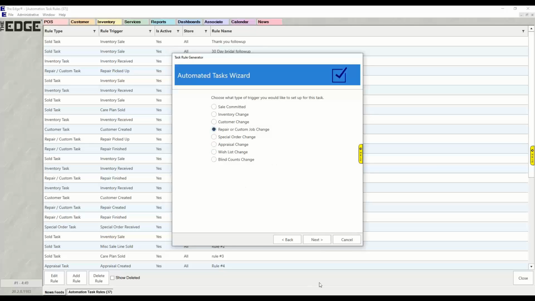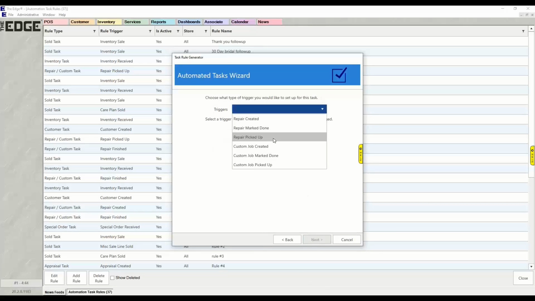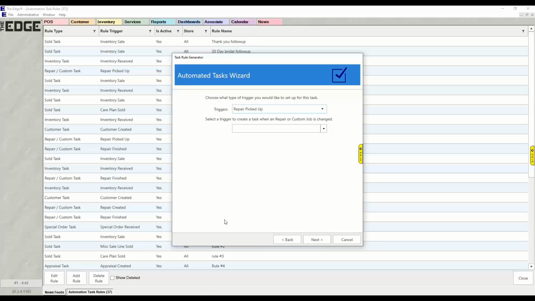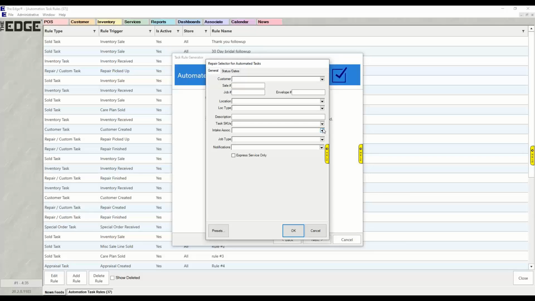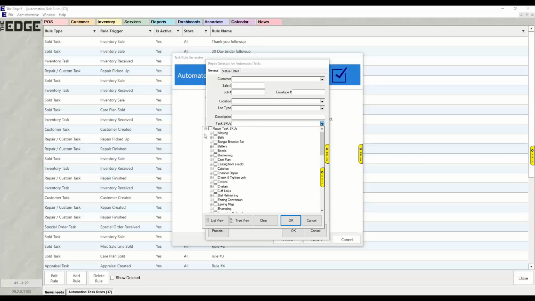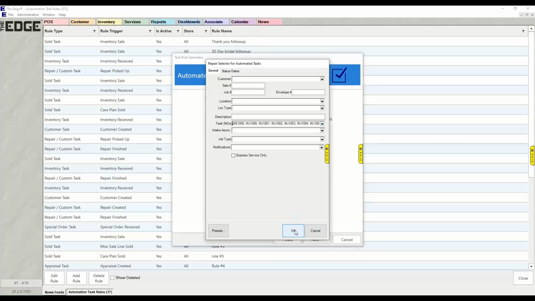So on that, we're going to filter based on repairs. And we're going to trigger it when a repair is picked up. But now we only want the ones that apply to care plans. Even if you're not using tasks for anything else, there's always going to be care plan tasks. So my filter is going to be on SKUs. And when I open that, I'm going to have a section that's called care plan. I can narrow it to a particular one, or I could say just anytime a care plan SKU is used. So if I click OK on that,